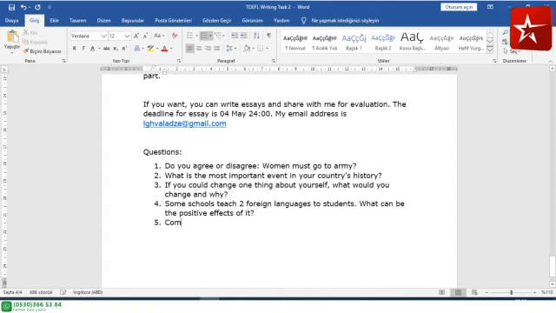And last one, compare living alone and living with parents. Last one is very easy. You can choose maximum 2 questions and I can check 2 essays from one person. Hope you will be able to manage it,